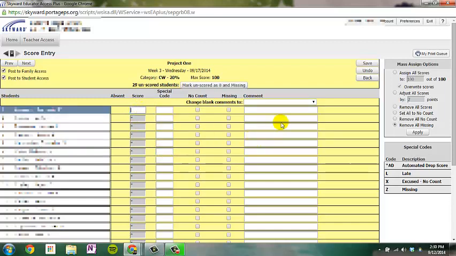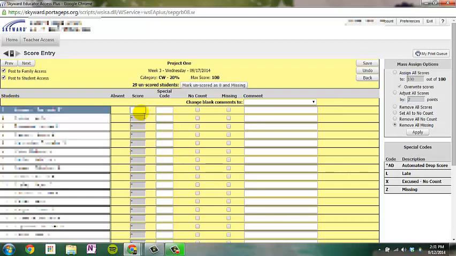The other option we have in here is you can add an individual comment per assignment. So if a student has turned in some work late and you want to give an explanation as to why, or a score has changed and you want to leave some historical information in there, you can do that. But the comments are there. Keep in mind that those are visible to parents and students, so just keep that in mind when you enter that. And you can turn on and off their access to this particular assignment in the Family and Student Access Portal if you wish. I recommend not doing that for something that's going to affect a student's score